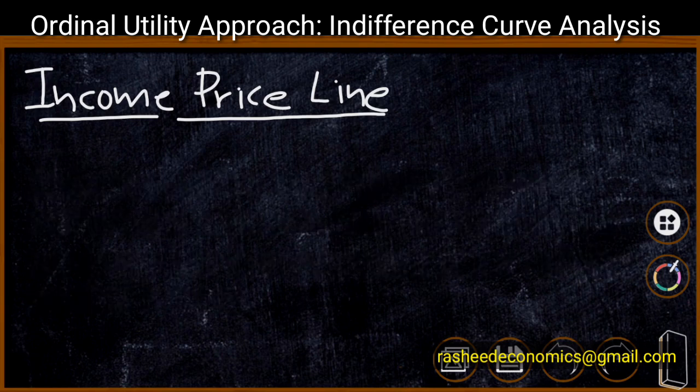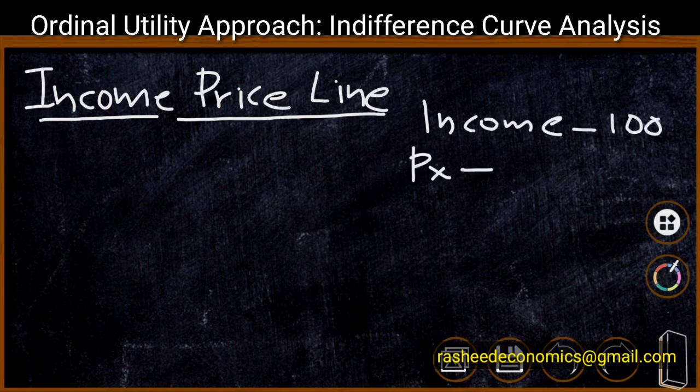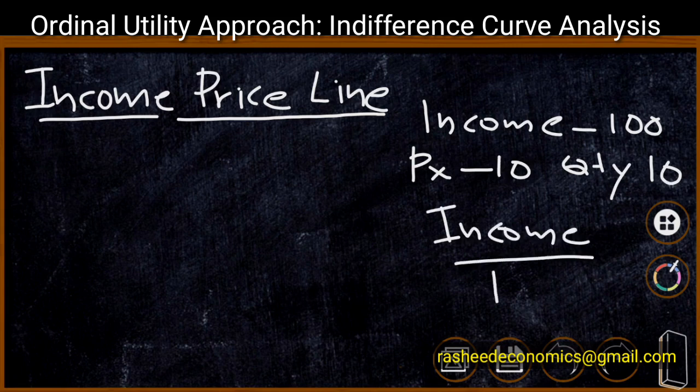Now let us suppose that the income of the consumer is rupees 100 and the price of X is 10 rupees. Now we can say that the consumer can purchase a quantity of 10 units of X, because we have divided our income by the price of X. Thus we have derived the quantity 10. If the price of a commodity increases, the consumer will be able to consume only fewer units, and when the price of the commodity decreases, the consumer will be able to consume more units, because his income permits him to purchase a particular quantity